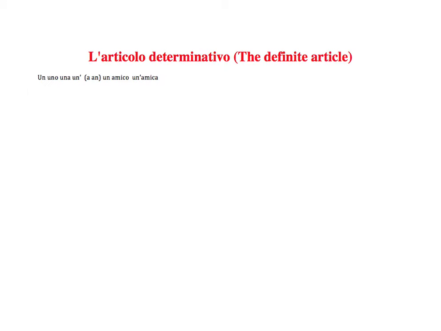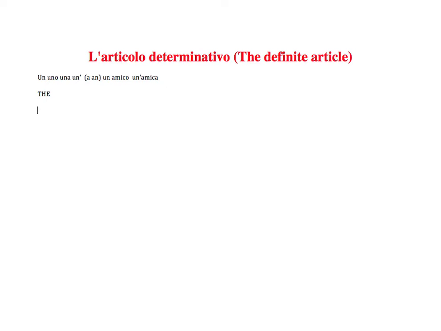Today, you're going to learn a new article, and this article is called definite because it defines an object. It's not generic, it's "the". In fact, this article is the equivalent of the English "the". So you're going to learn how to say the friend, the girlfriend, and so on. So let's see,